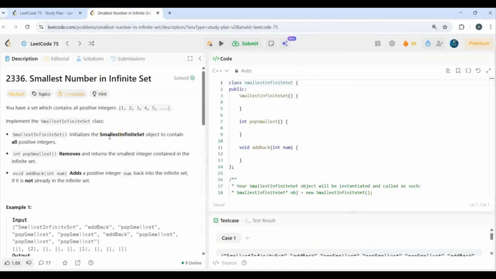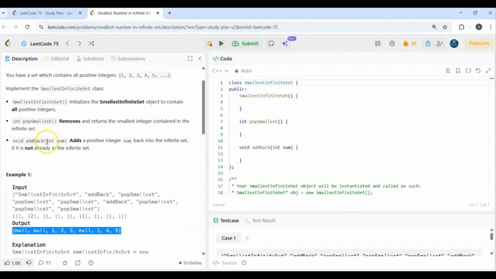So the problem statement says you have a set which contains all positive numbers, that is from 1 to infinity. Implement the smallest infinite set class, which has a constructor and two functions. So smallest infinite set initializes the smallest infinite set object to contain all the positive integers. Int pop smallest function removes and returns the smallest integer contained in the infinite set. And void add back function adds a positive integer num back into the infinite set if it is not already